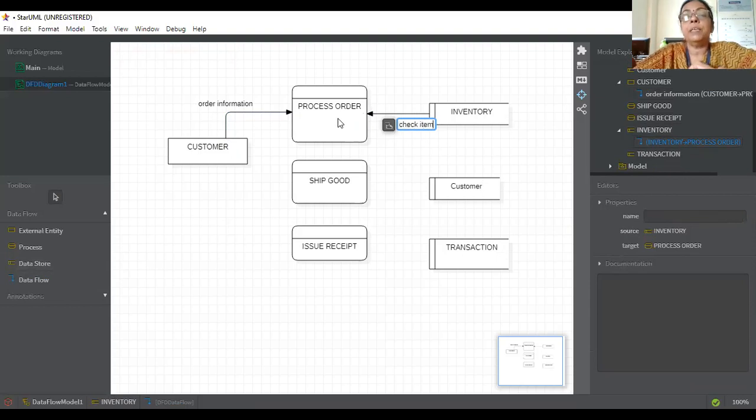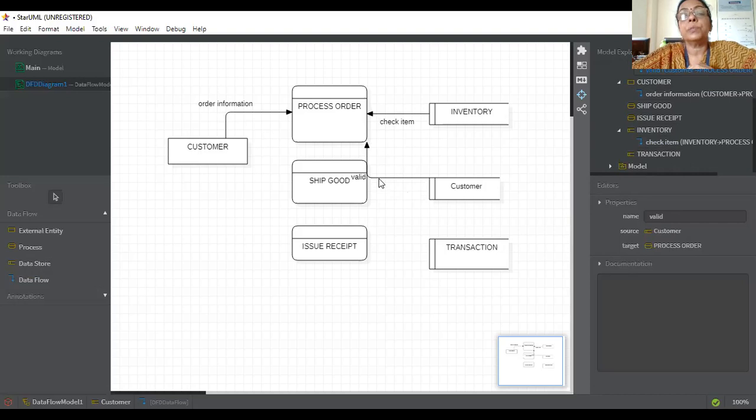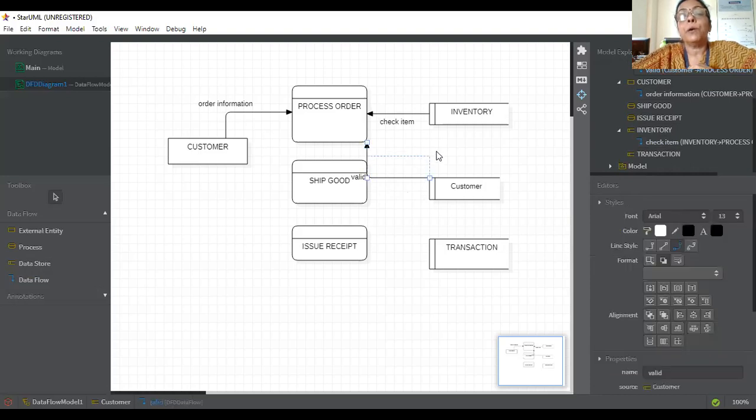If the item is available, then the order will be placed. Now, what will happen after that? It will also check whether you are a valid or logged-in customer of this online website, or this, you can say, online purchasing site.